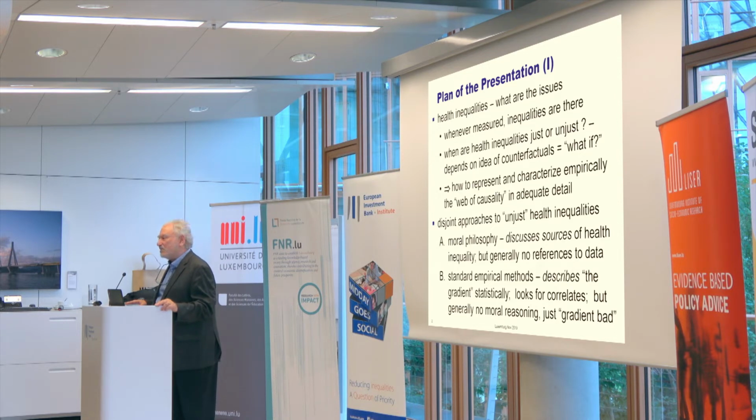When one looks at the literature, certainly my view is that I see more or less two disjoint strands in the literature. The philosophers like to talk about, in prose, when a particular source of inequality is just or unjust, and the empirical researchers like to measure how much inequality there is, but they generally avoid making any moral judgments beyond simply saying, or implicitly saying, that health inequalities are bad.